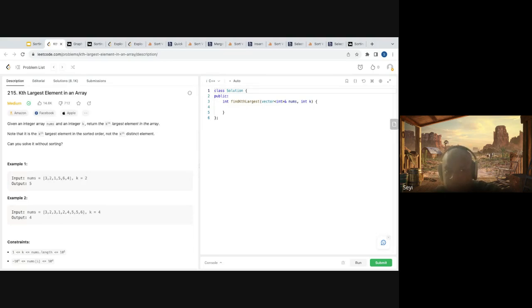What of a heap? A heap always gives me the minimum or maximum value. If I dump all the items in a heap, I can get the maximum value. If I keep taking out the maximum value k times, I can get my kth value. What is the complexity there? Dumping everything to a heap would be n log n, plus removing k items from the heap, which is k log n, so n log n plus k log n, which is kind of n log n in a way, which is equivalent to sorting.